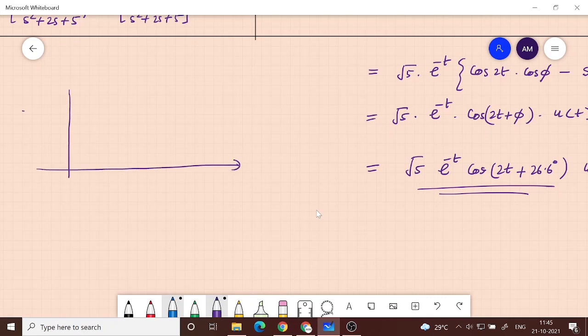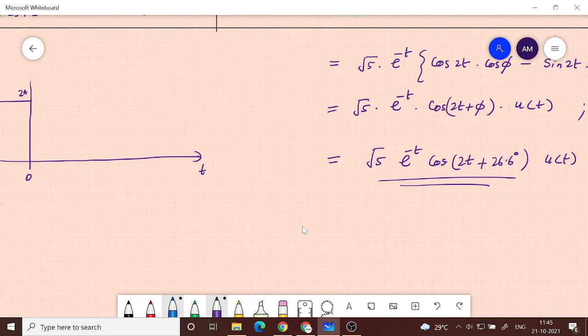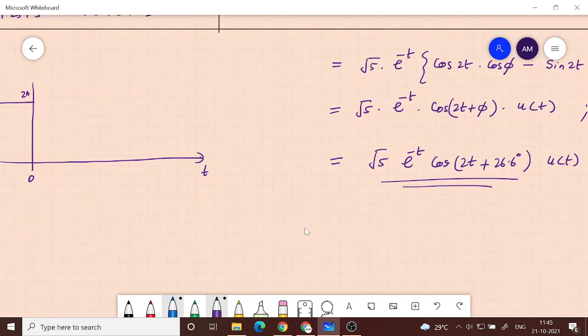You remember what you told me, that the current is 2 ampere before time t equal to 0? Yes, sir. And now what is going to happen is that you have to just find out some few values. There is an e raised to minus t here, which is a decaying function,